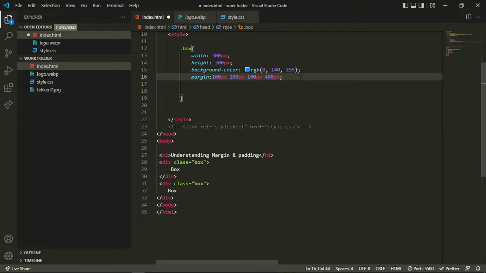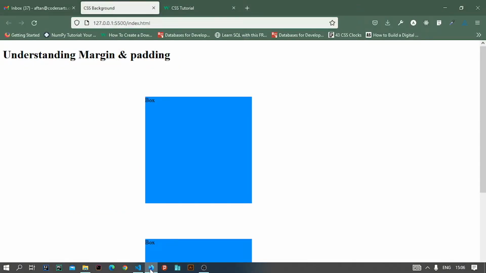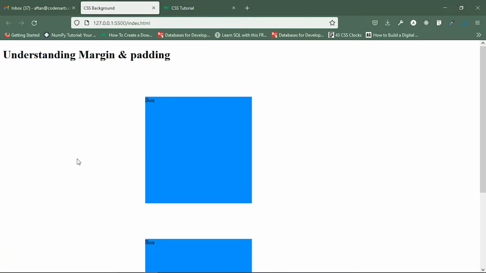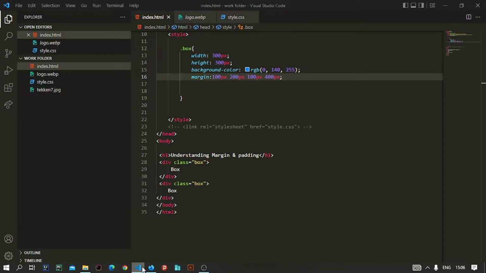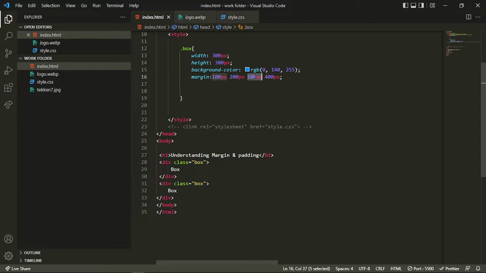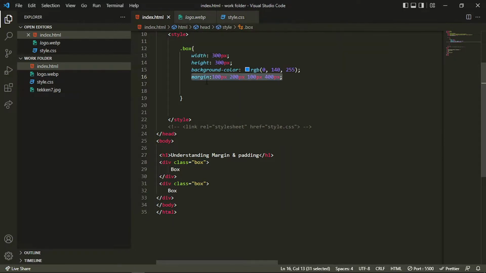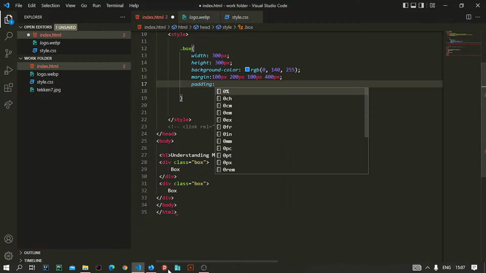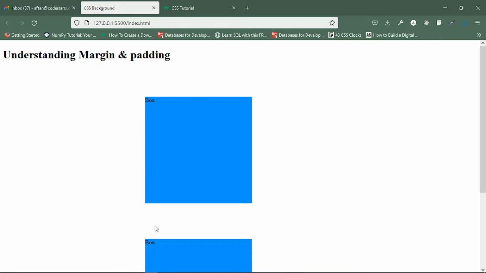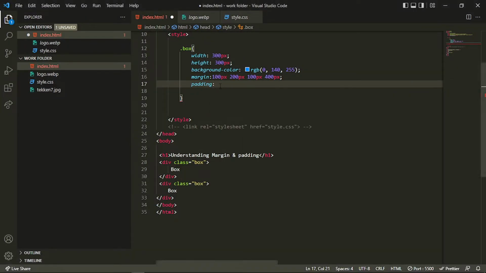So these are the different values I have given to the different sides. The left side is taken up by 400 pixel, and similarly this one is the bottom, this one is the right, this one is the top. So this is actually the margin property. Similarly, I can give some padding as well. So the padding is for inside the container, or the gap inside the container. You can see I have added one text which is a little bit smaller, so I can give some padding to it. If I try to give 10 pixel,